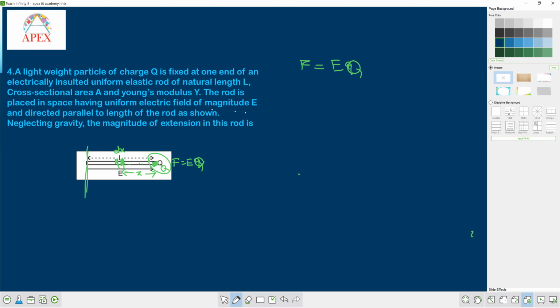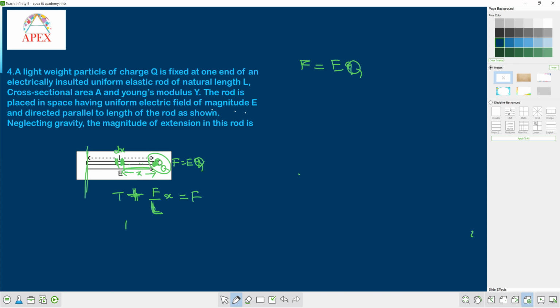In this particular case, for example, here the tension is T and here the tension is F equal to EQ, the same thing. Plus, you can write here the total force acting per unit length, that is F by L, at a distance X only. If here the tension is T plus, what will be the added tension for this part of the rod? That is force per unit length into the length only. So this total will be the total force F equal to EQ.